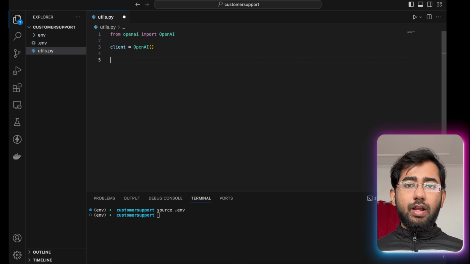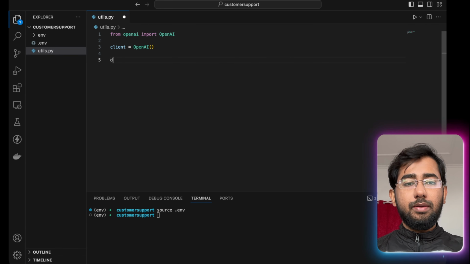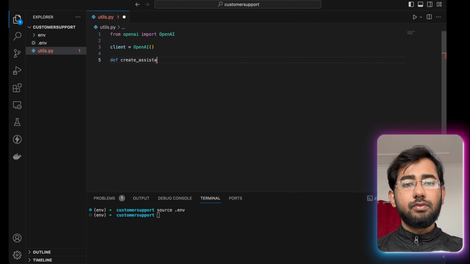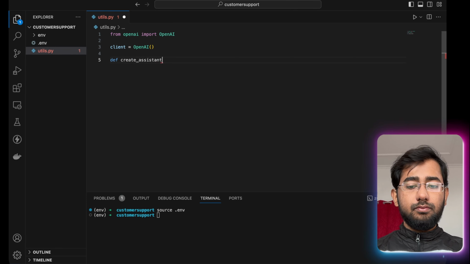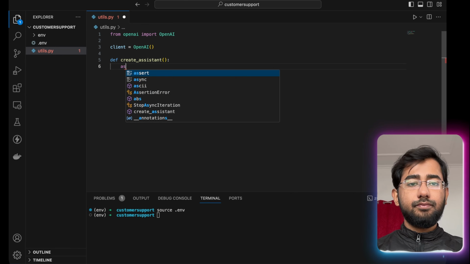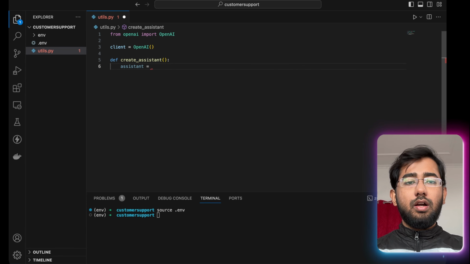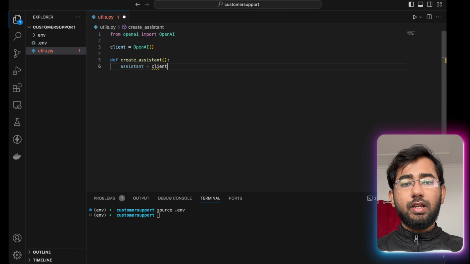Now, at the heart of our application is an assistant. So the first thing which we'll be creating in our app is an assistant. So let me write a function for that. So def create_assistant. And remember, the Assistants API is still in beta. So we will use